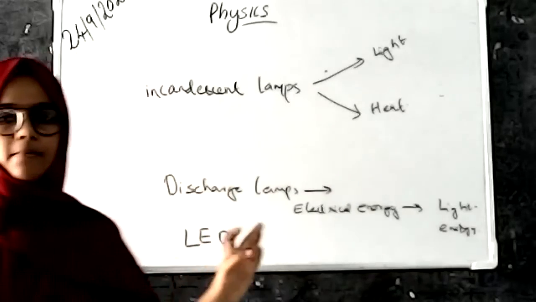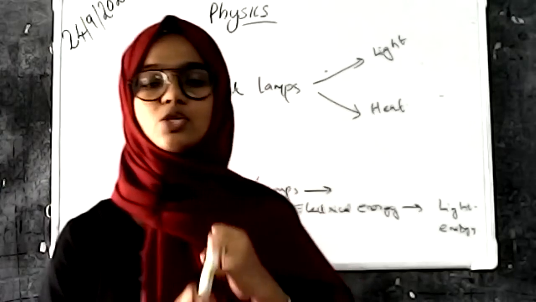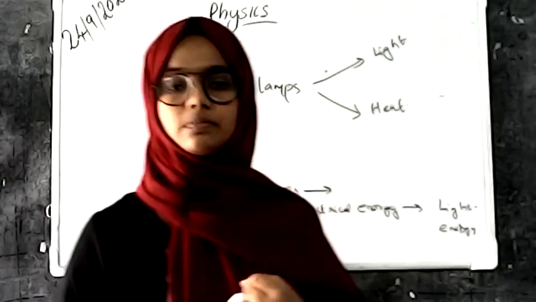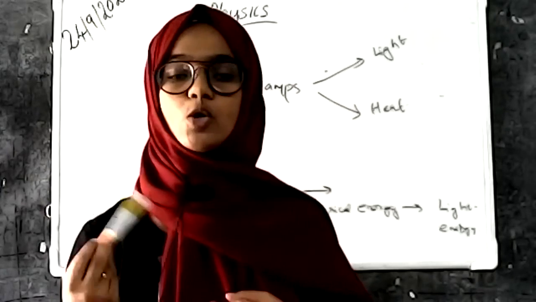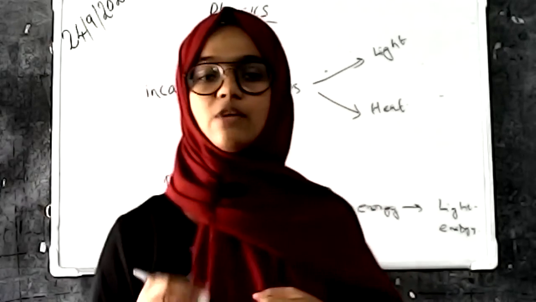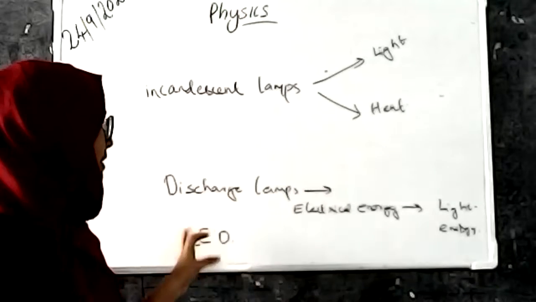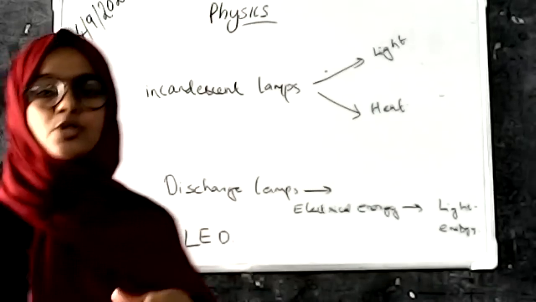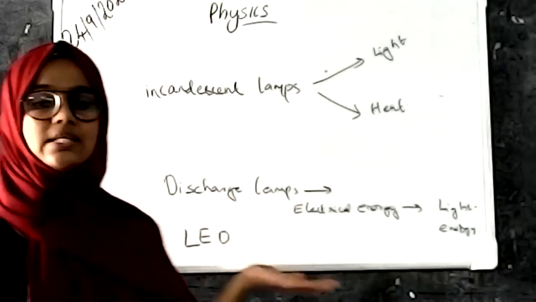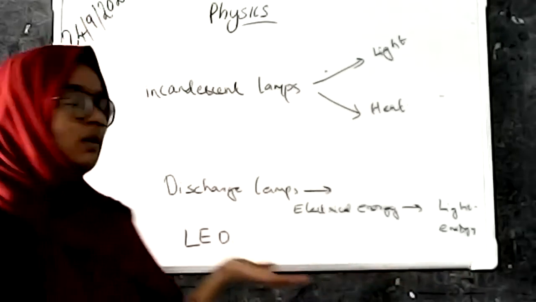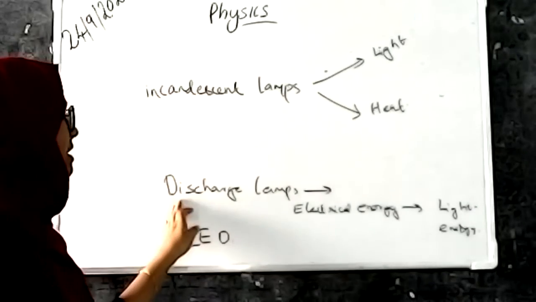and discharge lamps. We will discuss more about LED lamps, the construction of an LED lamp, the parts inside an LED lamp, and the devices or tools used in the making of LED lamps, in our next class. Today we are only discussing what an LED bulb is. An LED bulb is a light emitting diode bulb, so it is more efficient and more effective than incandescent lamps and discharge lamps.